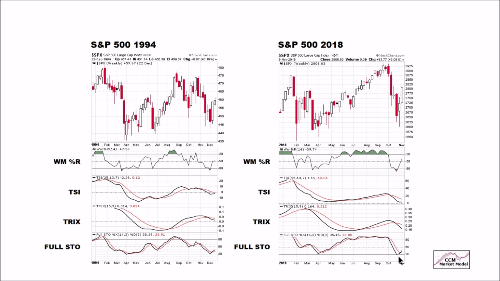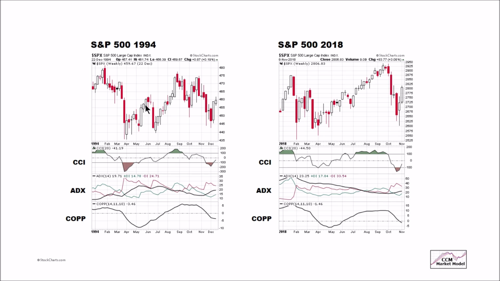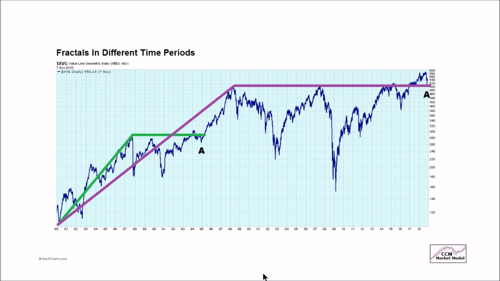We unquestionably have similar patterns on multiple time frames, very long-term time frames and shorter-term time frames, and have similar patterns in the battle between the bulls and the bears. And all this helps us with is this. If it's possible that really good things happen from that low in late 1994, then it's within the realm of possibility that really good things could happen when a low is made in the present day.